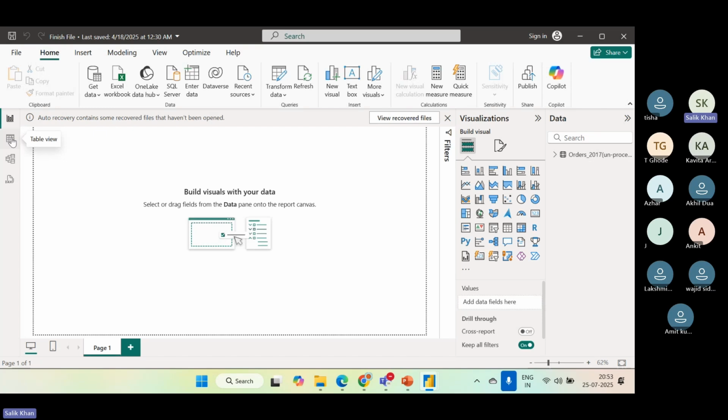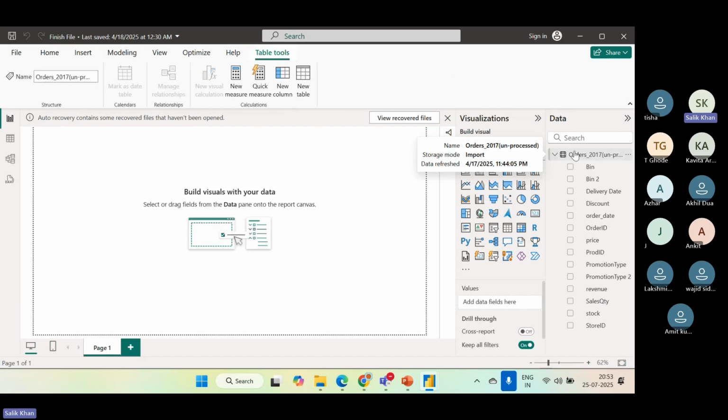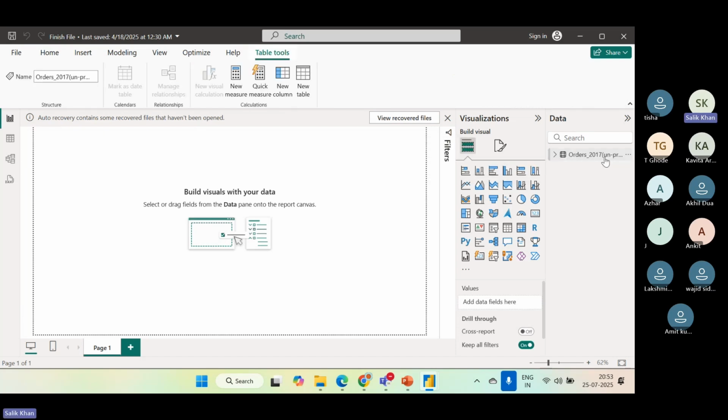So this is the starting of the project where I have just imported a data set known as orders 2017 unprocessed. For this data set, I will show you how to transform the data with the help of Power Query Editor. Once that section is done, then